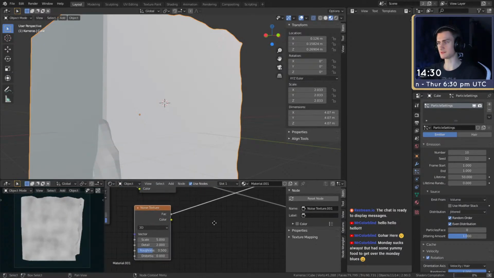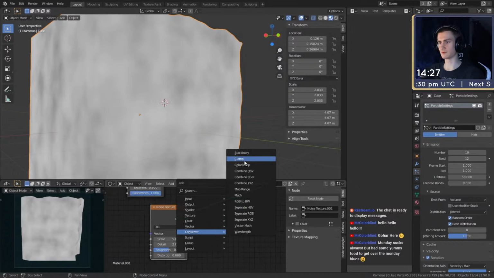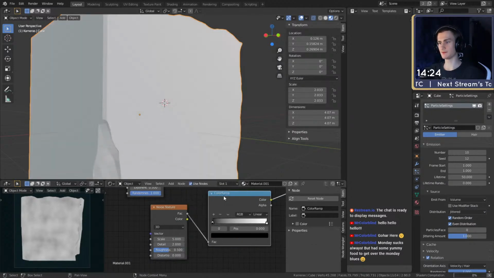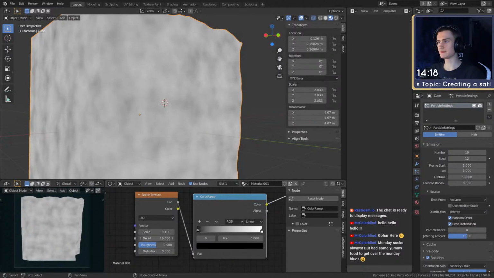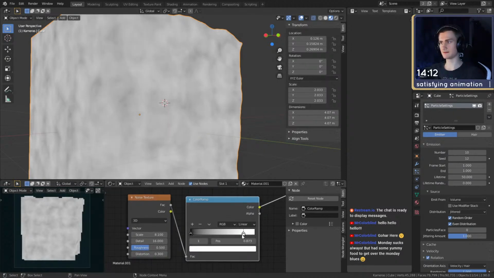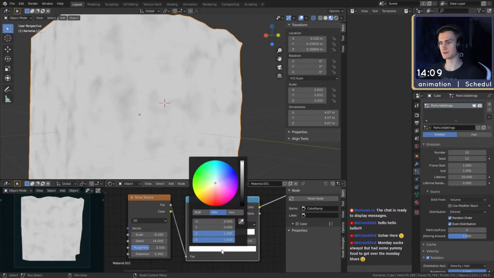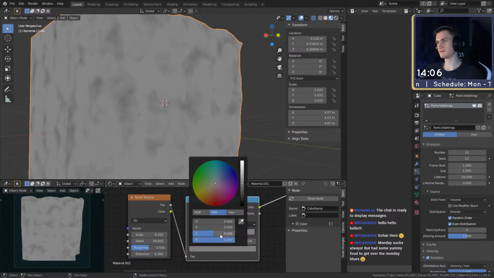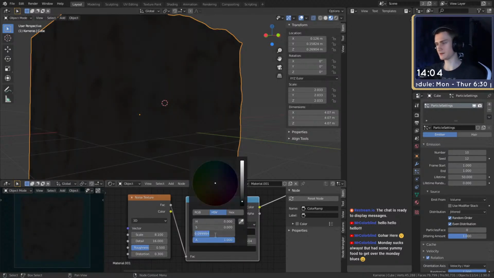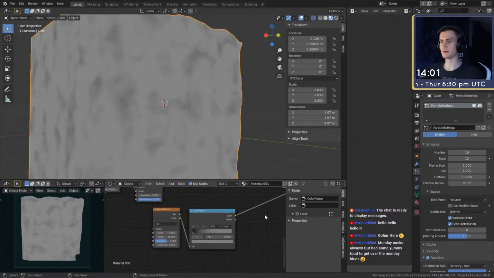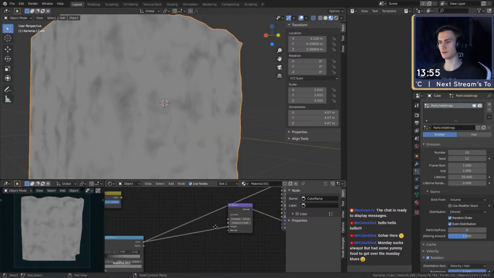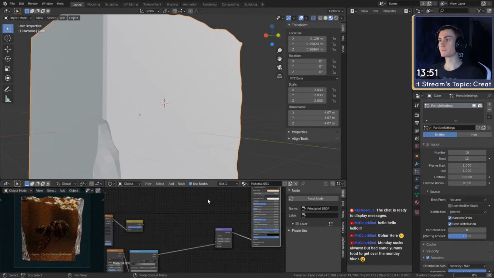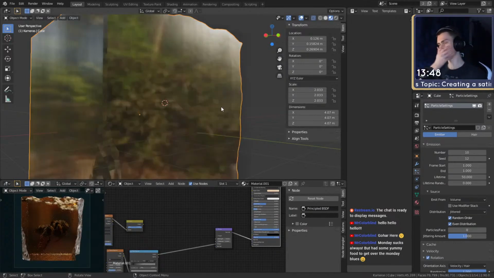texture. We use this pretty simply to make some more rougher surfaces. Color ramp, put that in there. And then we can say put the scale up, not too much though, detail up, and maybe even the distortion a little bit. Then let's reduce the amount, maybe to something like that. And of course we have to put that to 0.5 because we want to keep it in the middle. 0.5 is the base. If you go higher, it's going to be displayed as if there's like a bump. If you go lower than 0.5, you're gonna see more like a pit.